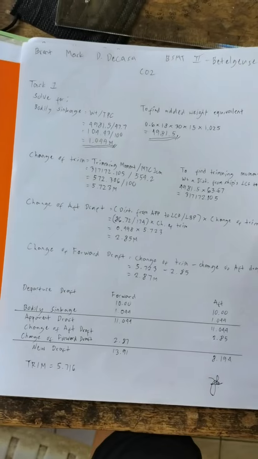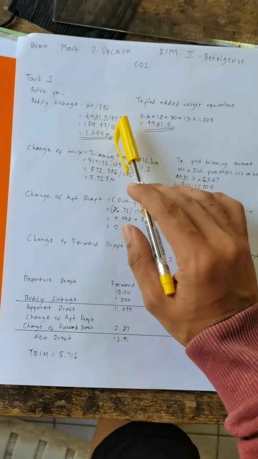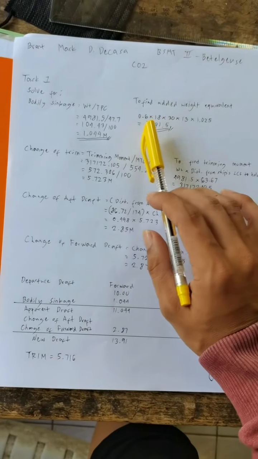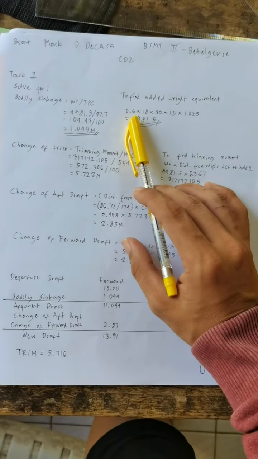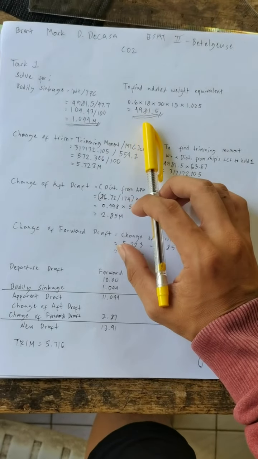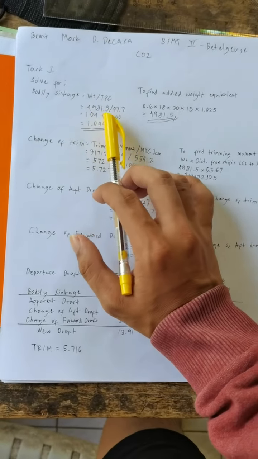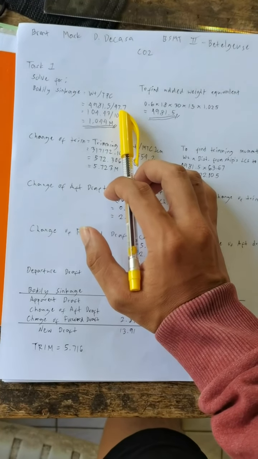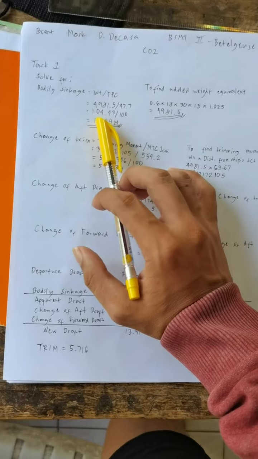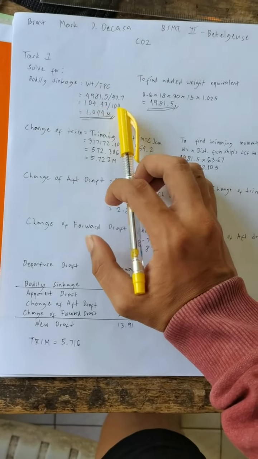For task 1, solve for bodily linkage. The weight divided by TPC. To find the added weight equivalent, we need to multiply the permeability, the volume, and the density, which is equal to 4981.5. Then weight divided by TPC. TPC, we can get in the hydrostatic table, is equal to 104.43, and convert to meter, divided by 100,